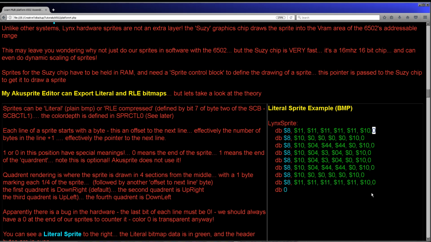Color 0 is transparent anyway, so your sprite's a little bit wider than it should be maybe, but it doesn't make any real difference. Now, the last line is a 0 here, and that tells the hardware that it's the end of the sprite. Now, there is another way of doing things which isn't supported by my Sprite Editor, and